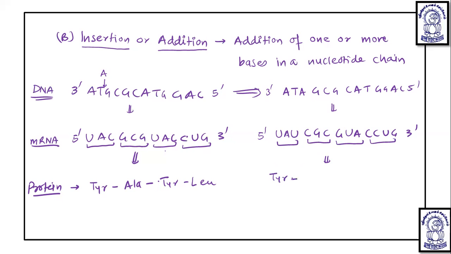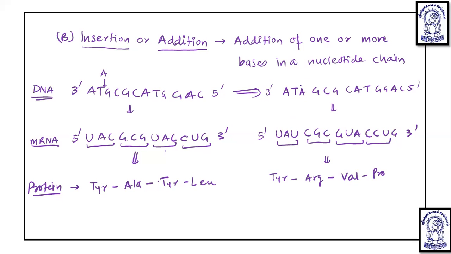Then CGC. CGC is going to code for arginine. GUA. GUA is going to code for valine. And here, sorry, this is going to be the codon CCU. So CCU is going to be proline. Okay, so here, if you see,